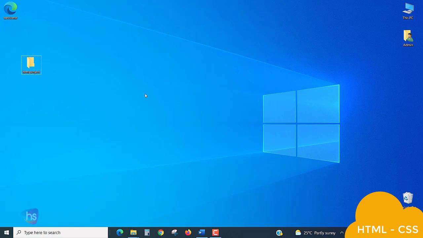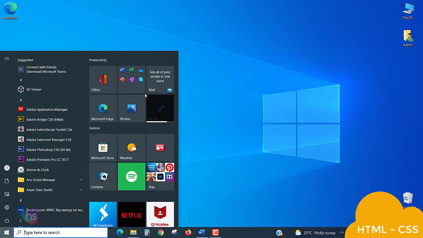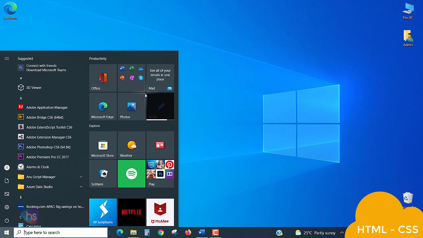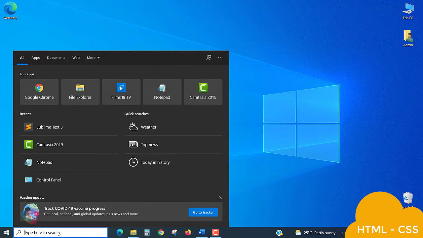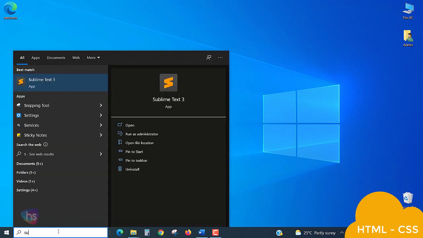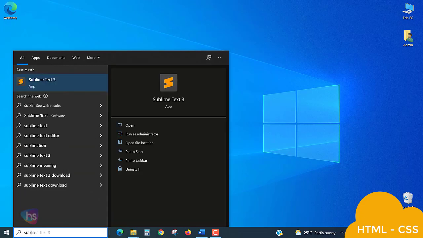Now, in the earlier session we saw how to install Sublime Text Editor, so from now onwards we are able to access it. Just press the start button, type Sublime in the search box, and you will find Sublime Text 3. If you are comfortable with any other editor for writing or editing code,